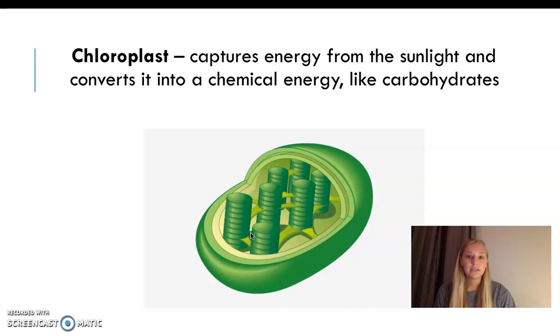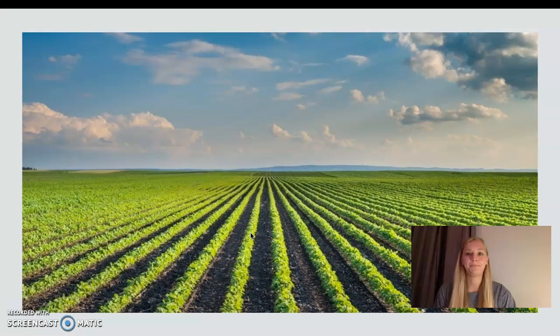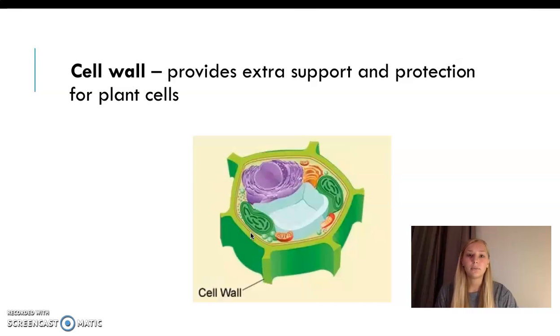And once this energy is made, that's what the cell will use in the mitochondria to break it down and have a usable form of energy. So I'm hoping you're starting to see how some of these organelles are very connected. And in our town, or a different town, this would be like a farm, which is making food for citizens to eat. The cell wall also provides the extra support and protection that plant cells need.